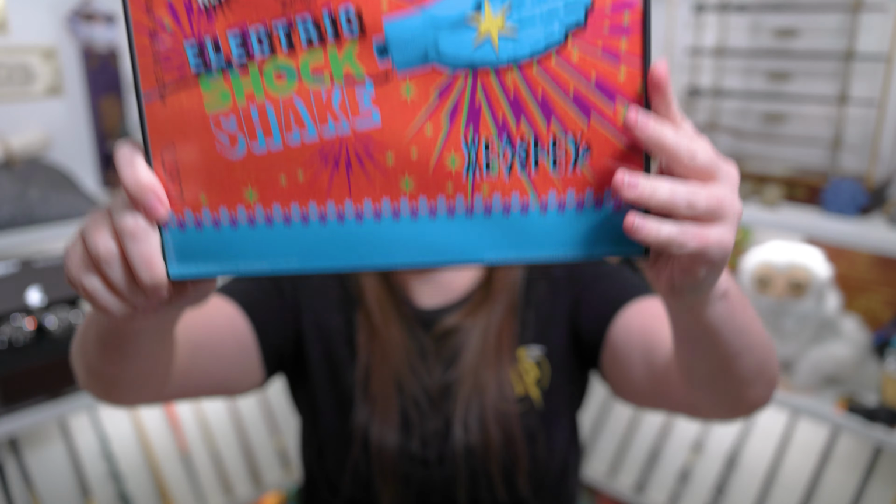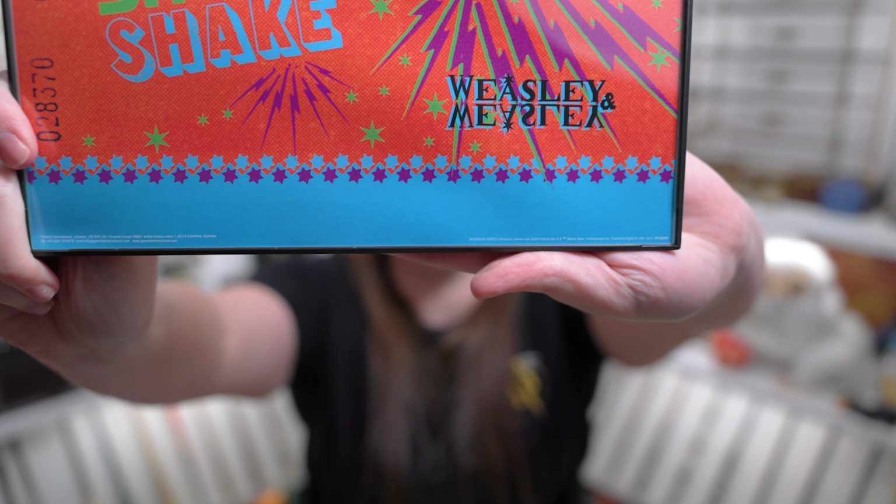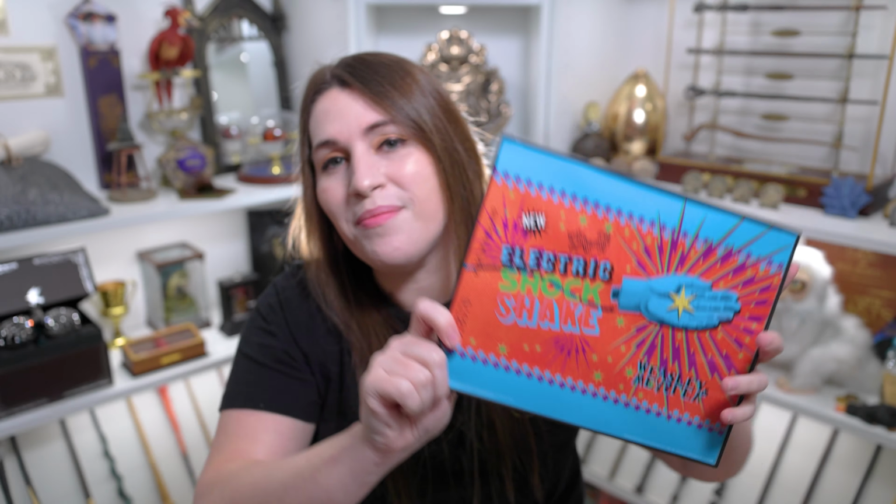Again, with these frames, I wish that they had a little more to the outside of them because you can still see that trademark information on the very bottom. I'm not a big fan of being able to see that. I would maybe try to find a different frame to put this in. I have to say, out of all of the prints that they have sent out, this is one of my favorite ones from them. Just how bright and crazy the colors are, I think it would look really good on